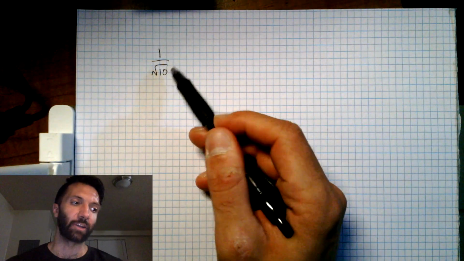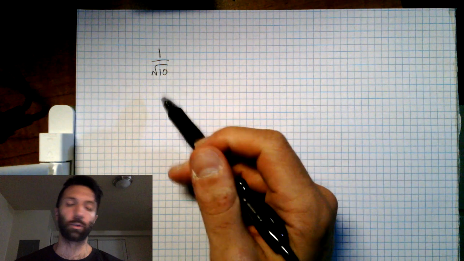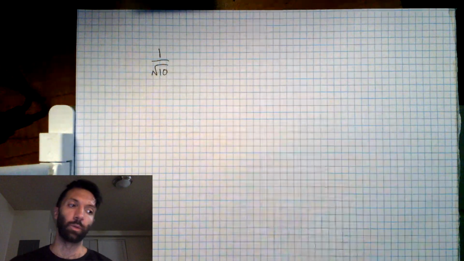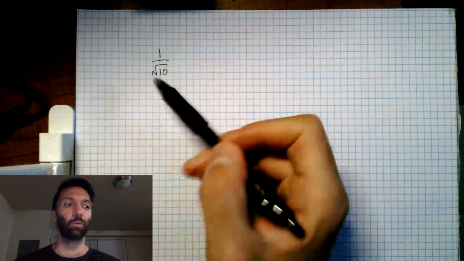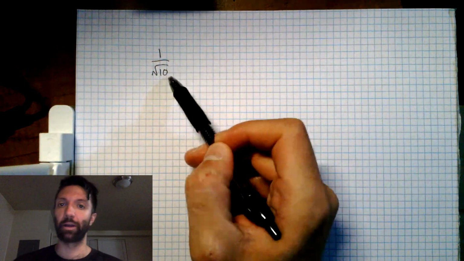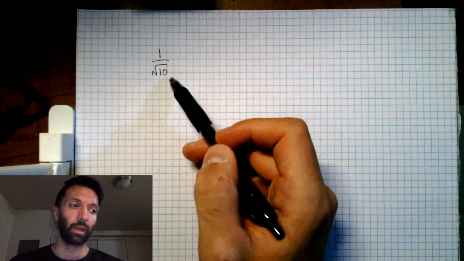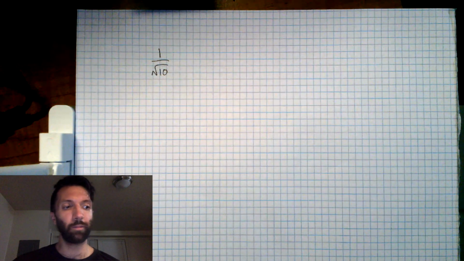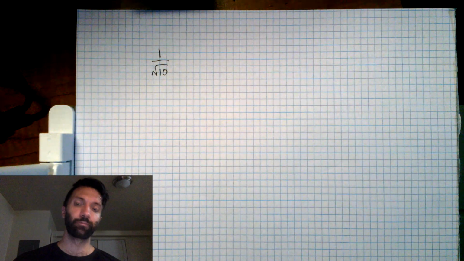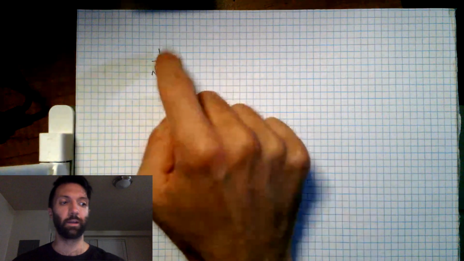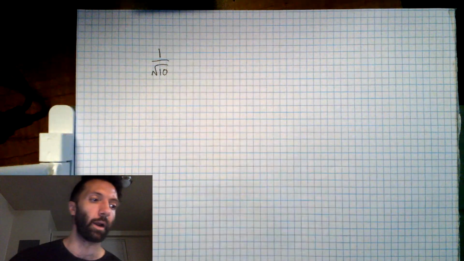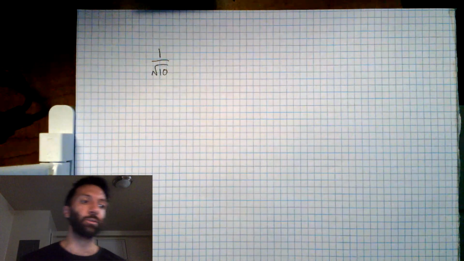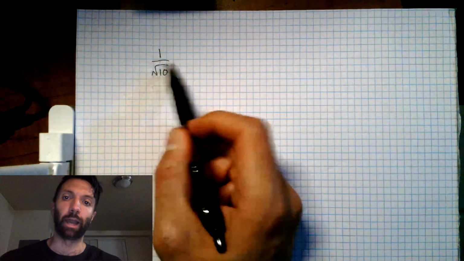So here we have a fraction, 1 over the square root of 10, and this denominator here, the square root of 10, is what we call an irrational number, which means if you were to type in the square root of 10 into a calculator, then you would end up with a non-terminating, non-repeating decimal. So what it means to rationalize the denominator is to rewrite this fraction in a way where the denominator is not an irrational number. So how we do that is we need to get rid of the radical from the